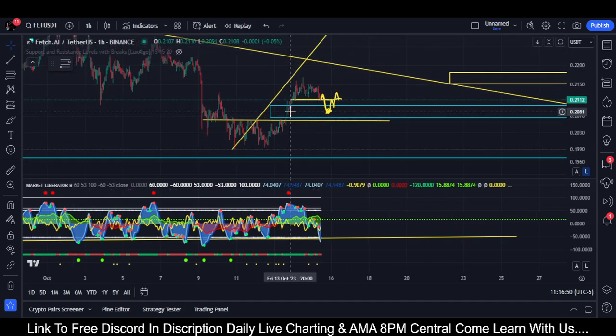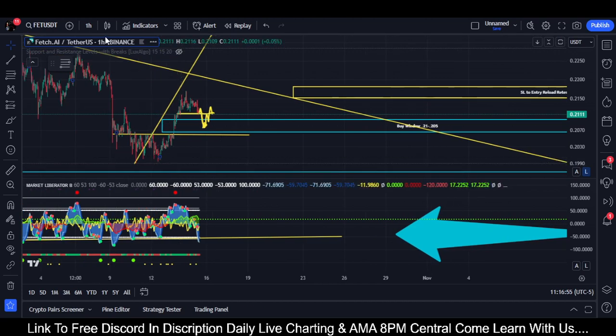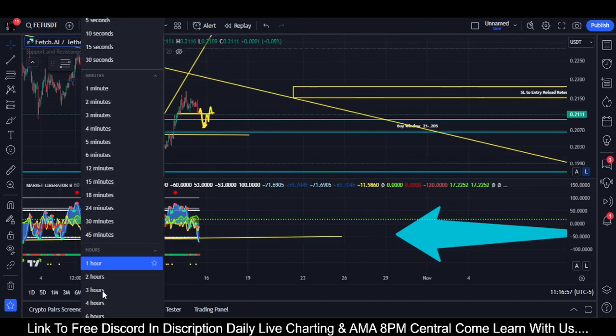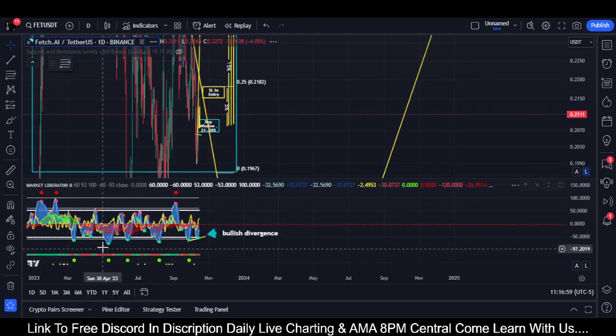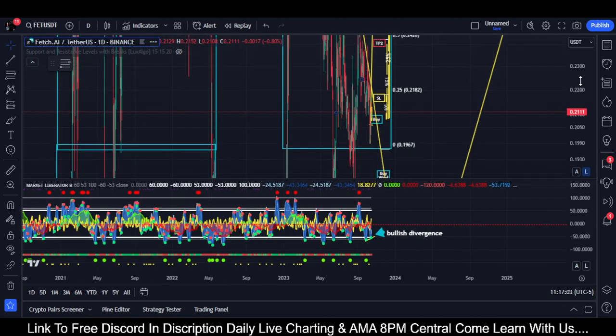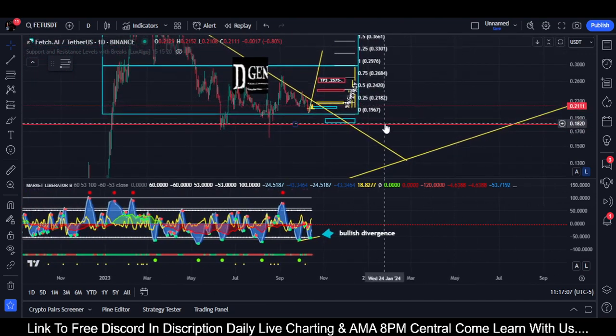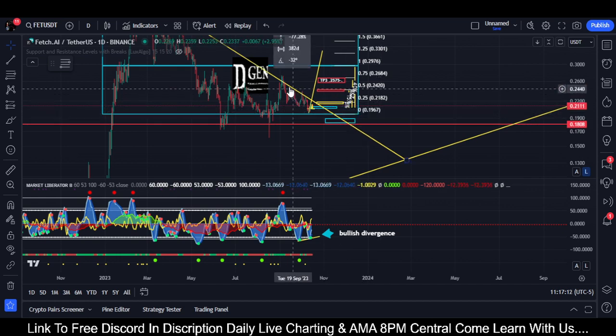So this is the entry that we're looking at. And for targets, if we pop back out to our daily, this is a swing trade, and I want to point out some more confluence for this. We got our daily divergence at the bottom of the range. We're in the lower 25% of the range, so we should be looking for long positions,